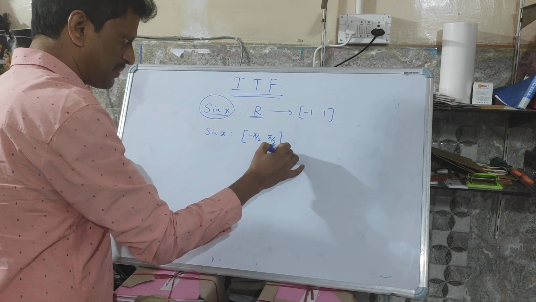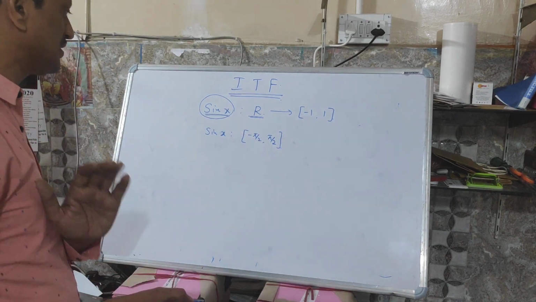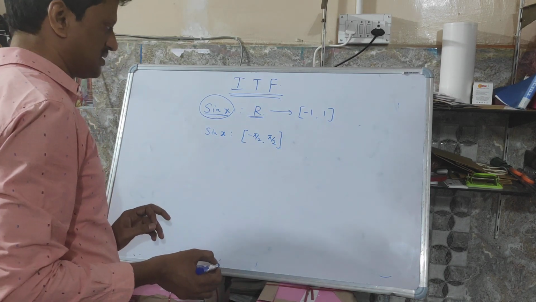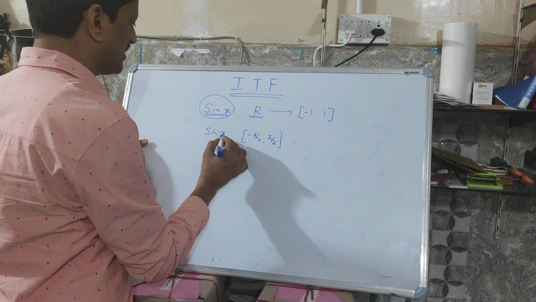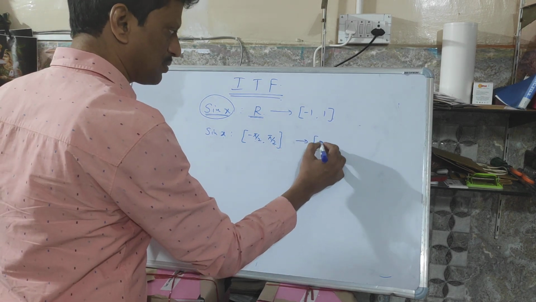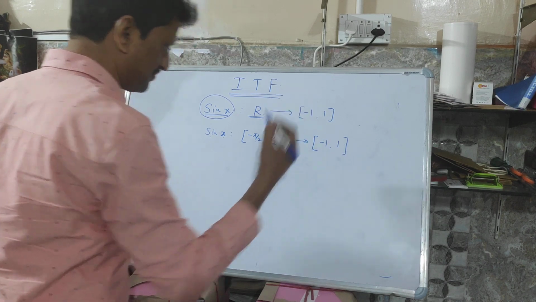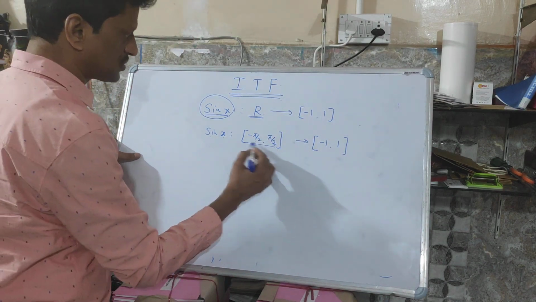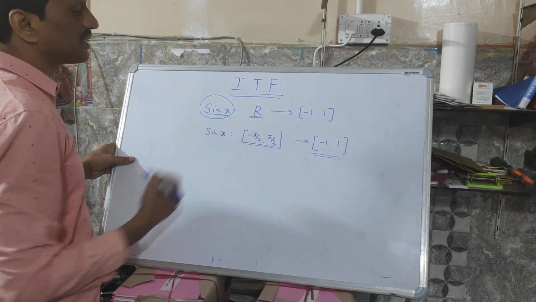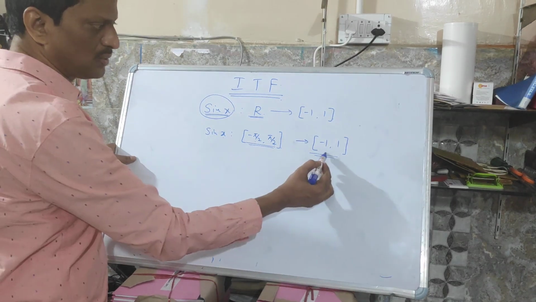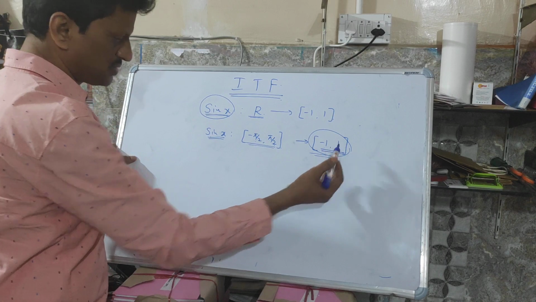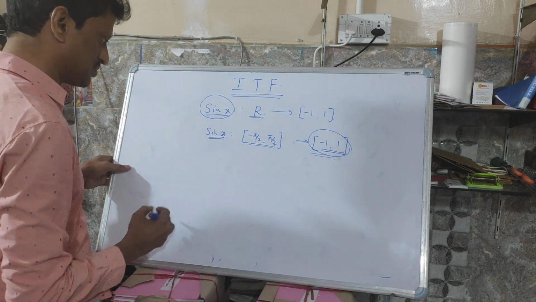What is the closed interval -pi by 2 to pi by 2? Already in 11th, in trigonometric equations, we learned this. This is the principal domain of sin x. Once I take the restricted domain, the closed interval -pi by 2 to pi by 2, to the closed interval -1 to 1, this function is clearly bijective, that is one-one and onto, because this function is clearly increasing and also the range is equal to the codomain. The range of sin x is the same as this codomain, so hence this function is bijective.